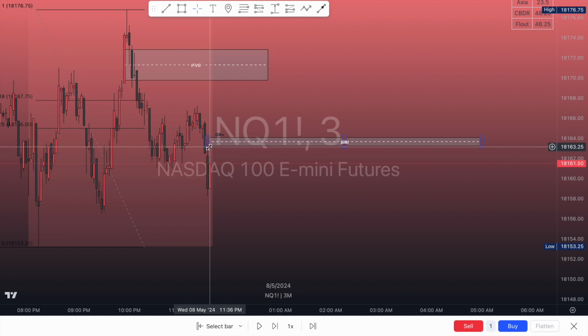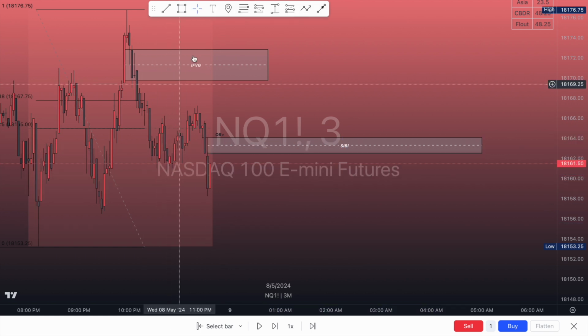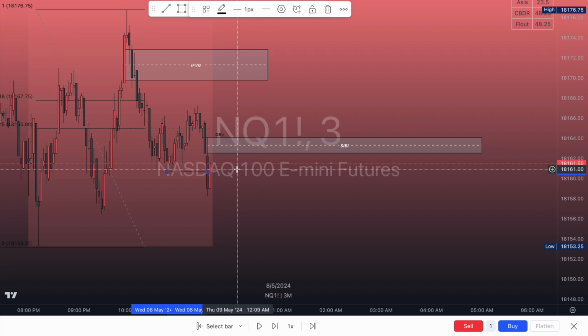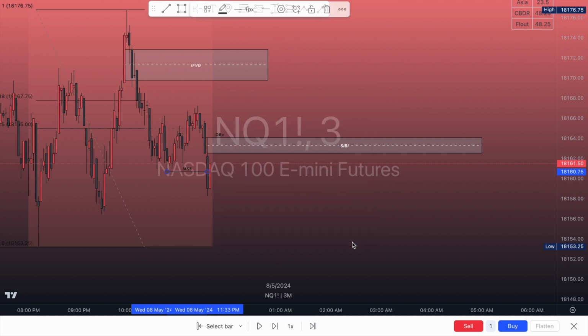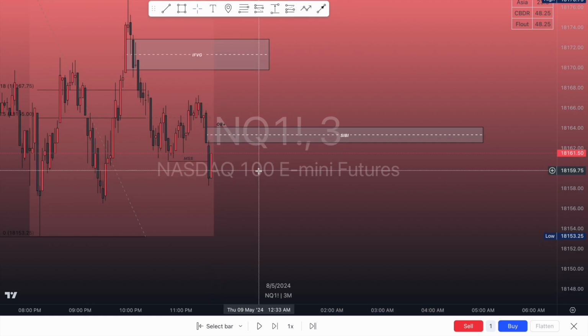So right here we got a bearish fair value gap after a break of structure or a shift, whichever one you want to identify it as. So for me, this will just be a break of structure. No, it'll be a shift. So we got a market structure shift to the downside that left behind a gap, a fair value gap, and a bearish order block, the last up-close candle before the shift down. So if we let price play through,